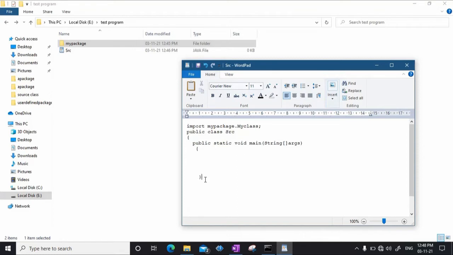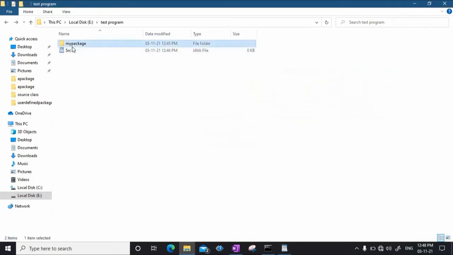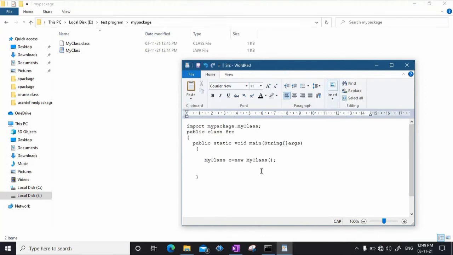I am going to just create an object of this class called my class. So let me create the object. I will say my class C equal to new my class. Now here you have to follow the naming conventions. It is my class, C capital. Okay, so I have created an object of my class, and then using that object I'm going to